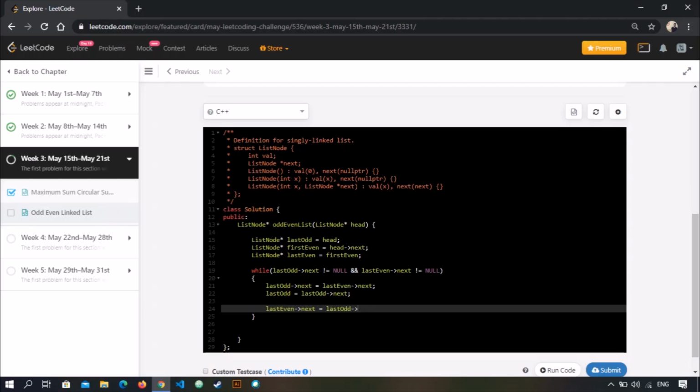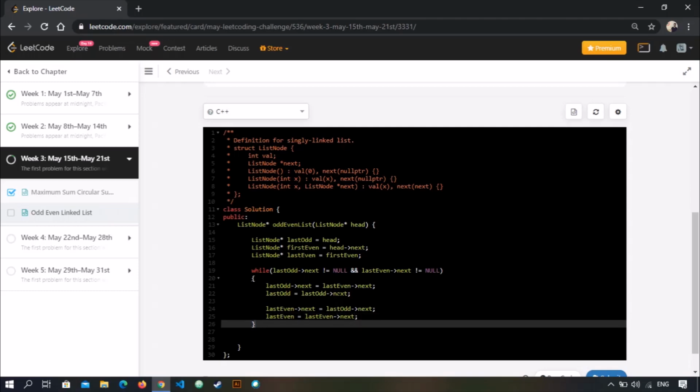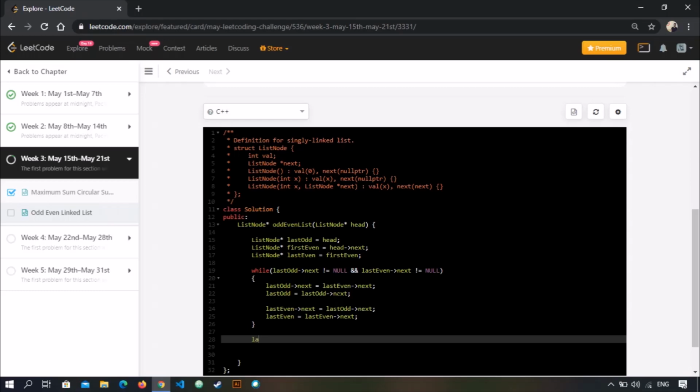Last odd, and this will also be changed if you were asked to put the evens first. Then we have to process the even nodes first and odds later. This will get updated to this, and after last odd's